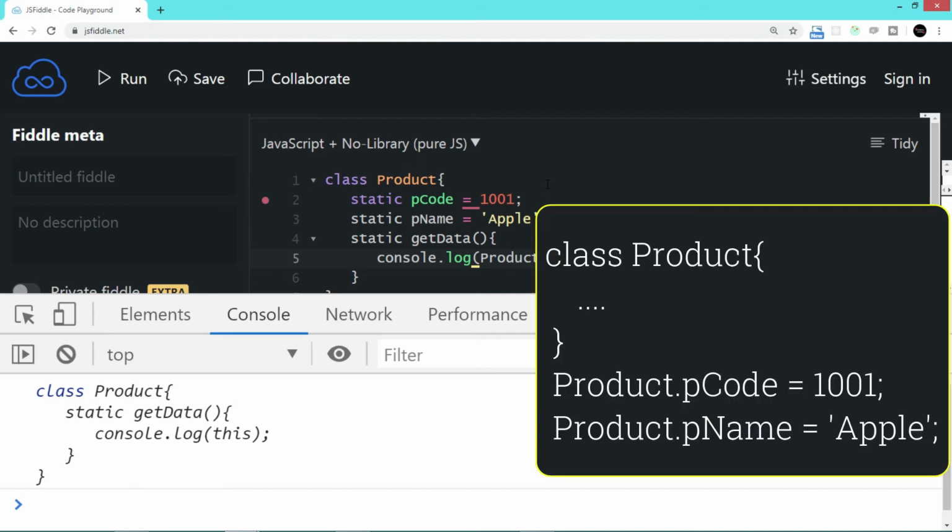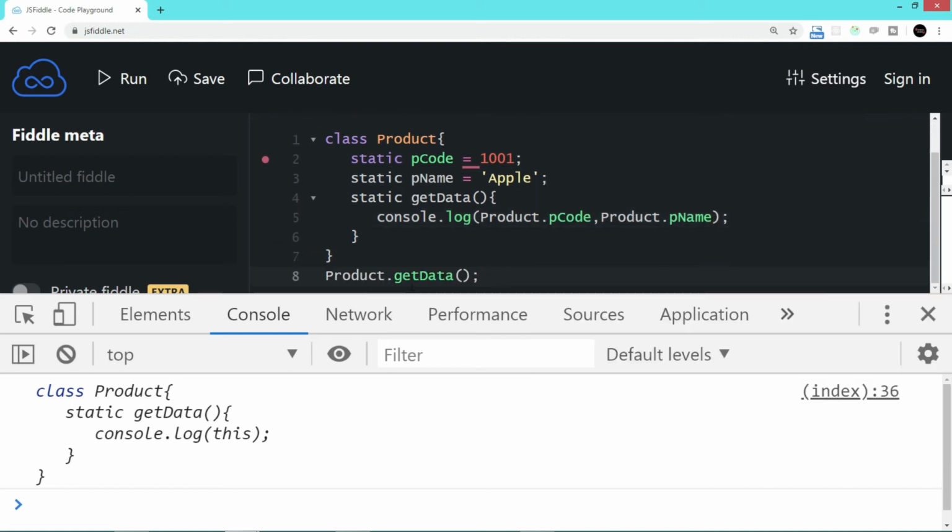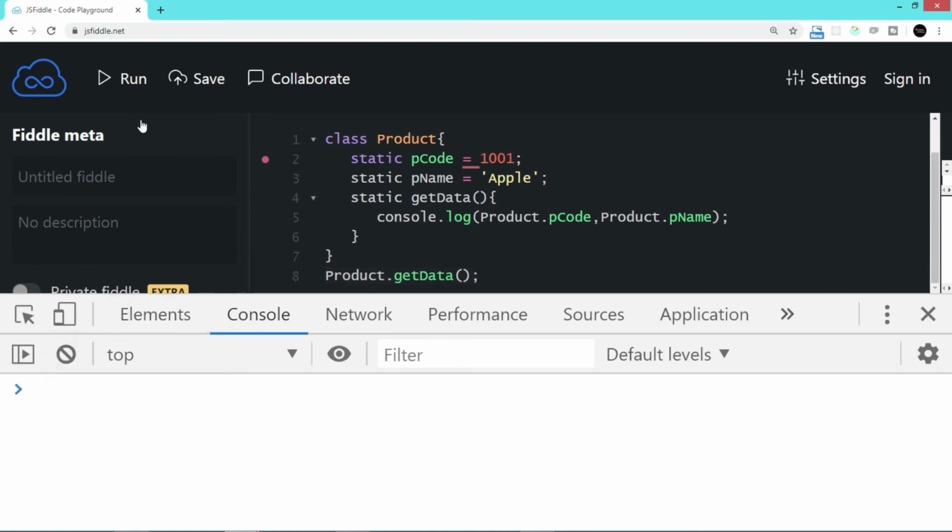Of course, this pcode and pname you can access outside the class also because they are static members, and you can say product.pcode is equal to value, or you can read the value instead of assigning. So here we are accessing in the getData method itself, and I will call product.getData. Let's execute this piece of code. So now we have pcode and pname properties and getData, a method, as static members.